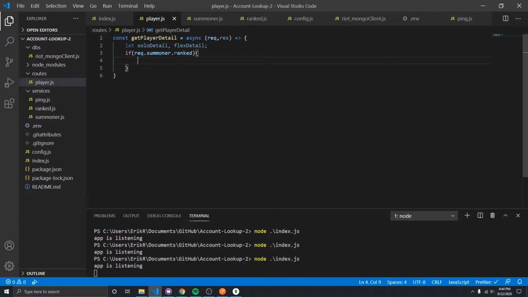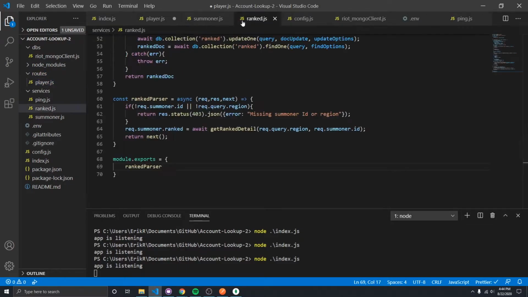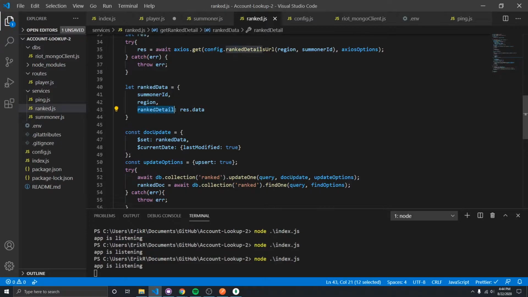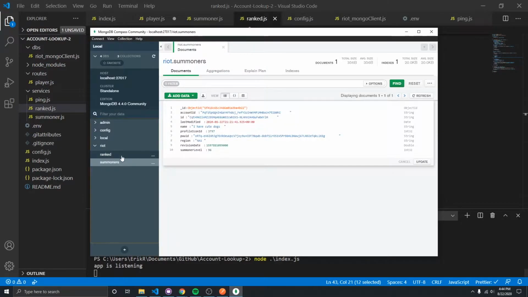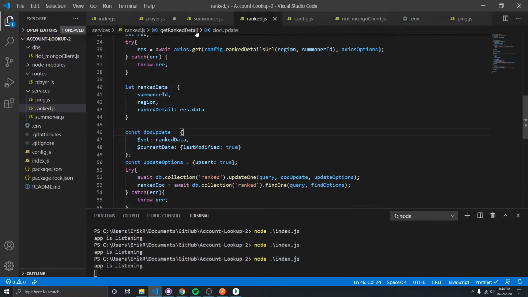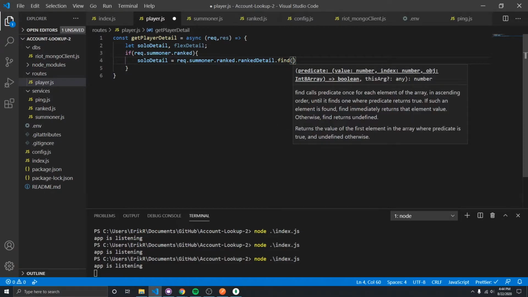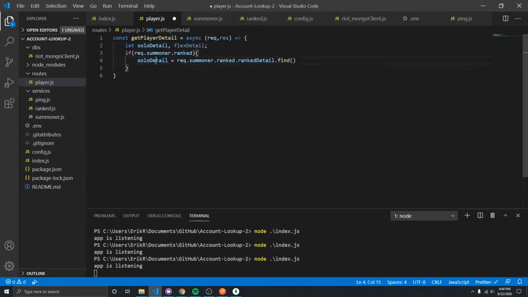If that's the case, then we need to look up their solo detail from that data. And we want to say request.summoner.ranked detail. And the reason it's that way is because we've actually created this ranked detail object. If you remember, we encapsulated our ranked detail in here. This is the ranked object. And then within that ranked object, we have the ranked detail objects that include the individual tiers and their queue types. So we want to look at the actual ranked detail, and we want to find the queue we're looking for. So if they're ranked and we're looking at their solo queue, we want to find anywhere where the ranked data